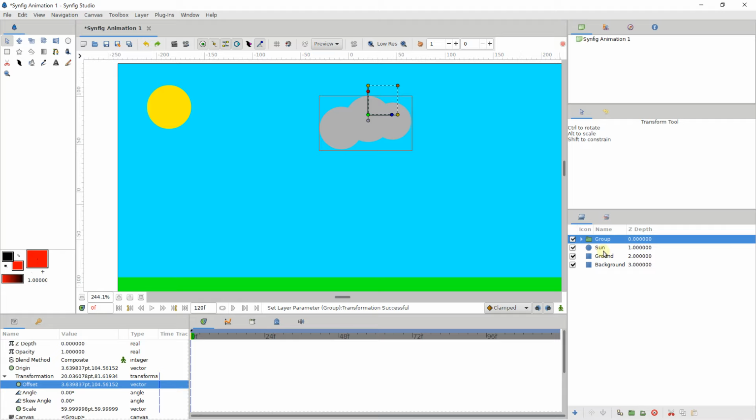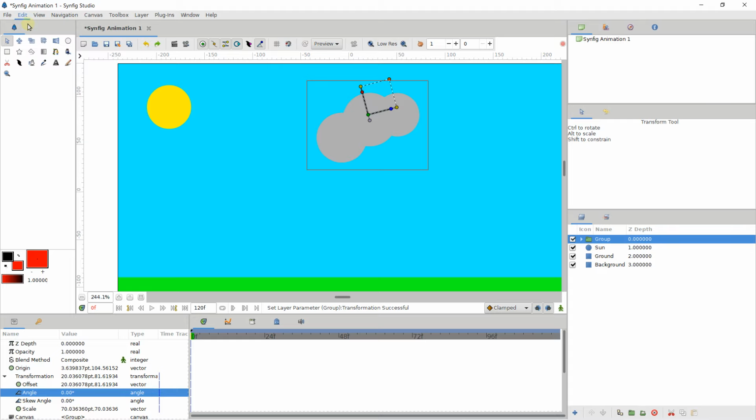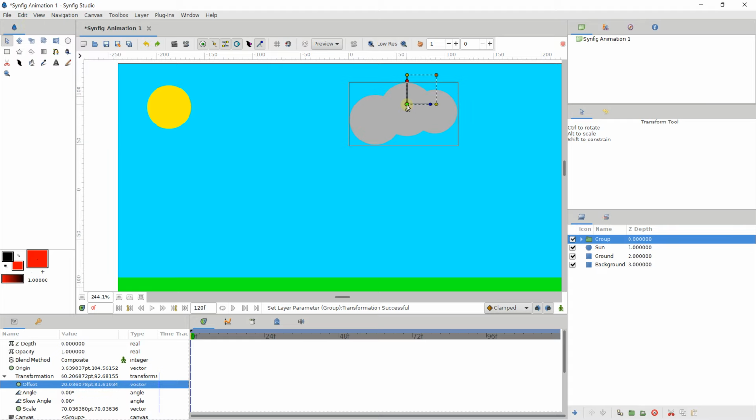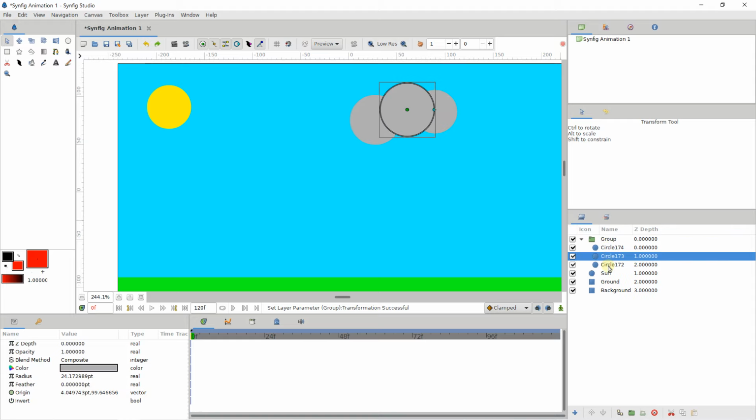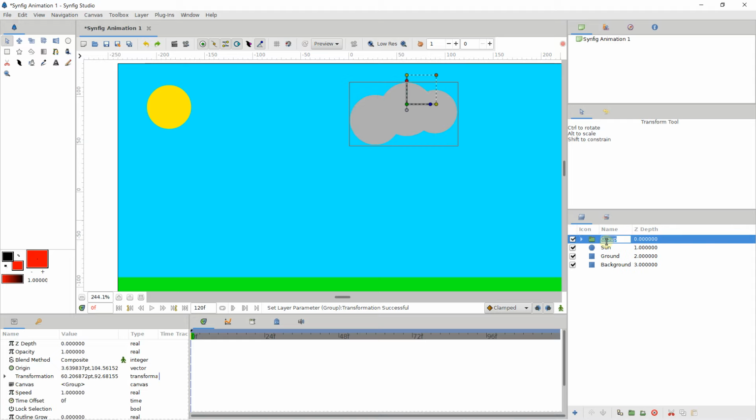And you can create an animation with just a layer, so it means with an object in this example, but also with a group using this. You can also scale your group in a direction. You can make some rotation with your group, just like this. So you can create a group, and inside I have circle, circle, and circle. I can also rename my group and type just cloud.